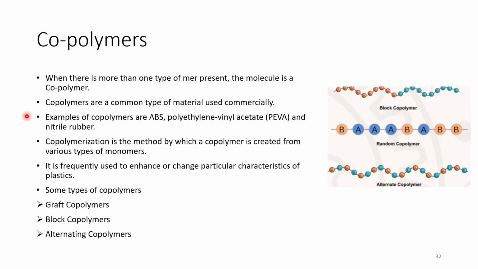Some types of copolymers are graft copolymers. In this case, you will have, for example, an entire chain of type A, and as a graft you will have a branch of type B polymer. In the case of block polymers, you will have this type of blocks. A is a block of this type of polymer, B is another block. So these types of blocks will be present in your chains. Next up you have alternating. In this case, an AB type of structure will be present. In the case of random, you won't have any such repeating pattern as shown here. So it will be entirely random.